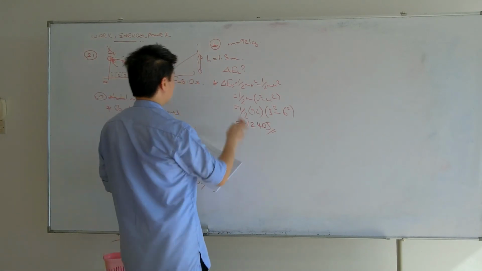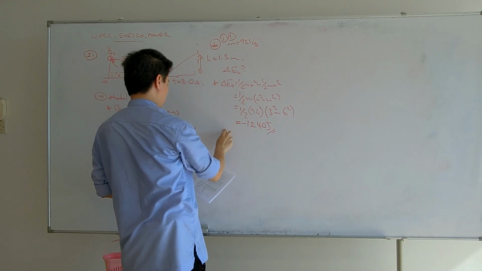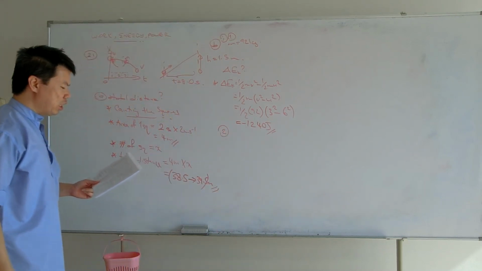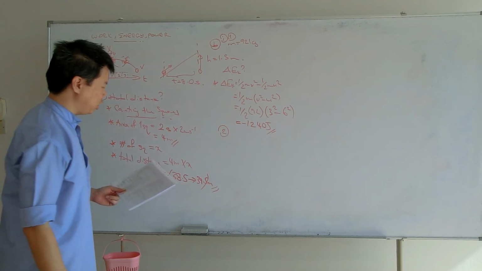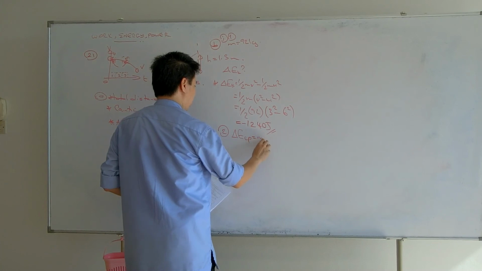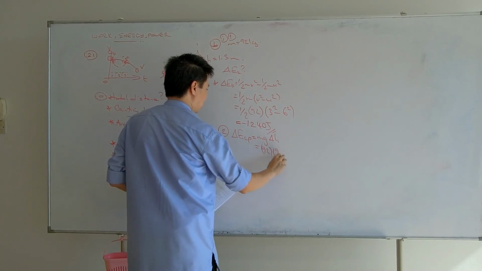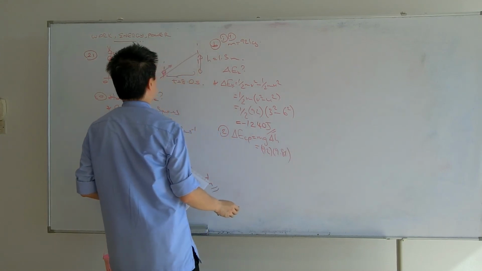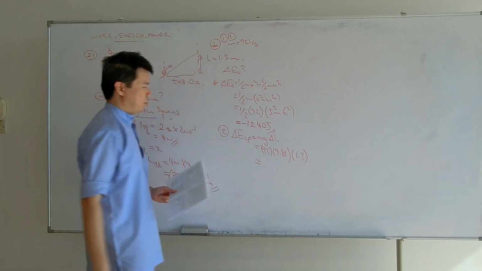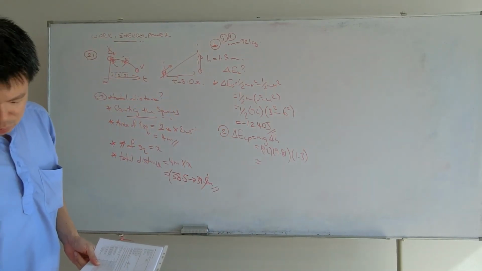This one is B(ii). So now let's go to B(iii). Calculate the change in gravitational potential energy. So delta EGP is equal to mg delta h. M here is 92, g is 9.81. Delta h here is 1.3. So please calculate that using a calculator. Hopefully you get a value of around